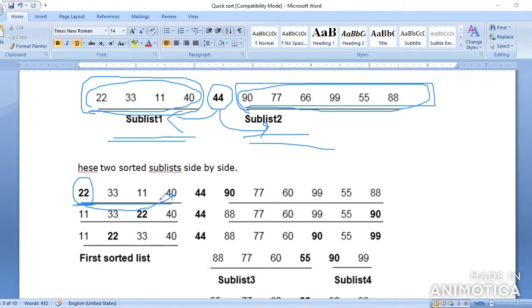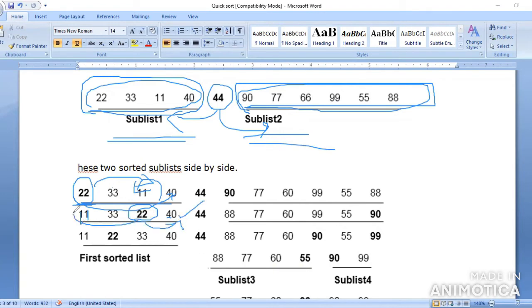Okay. Next you have to compare with the next element, 11. So compare with the pivot element: 11 is the lesser value compared with the pivot element 22. Now you arrange 11, 22 and swap the values. 22, 40. Now you can check 22 is the pivot element. The pivot element's right side is greater, so it is in the correct position.